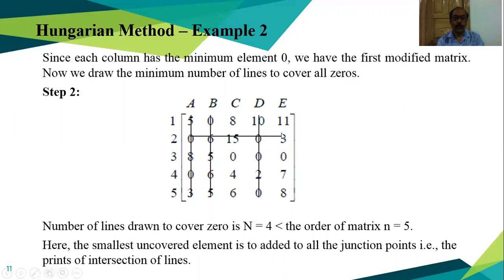So in this case, choose 3, our least element among the uncovered elements. Again, I'm saying this line is shifted from here to there. So these 8, 11, 15, 3, 4, 7, 8, 6 are our uncovered elements. This line will be here. And this is the cross point 1. 1 is the intersection point of horizontal and vertical lines. This is the 1. And this is the 1. So all will be increased by 3. And all the uncovered elements will be decreased by 3.